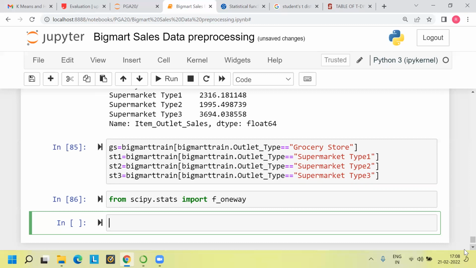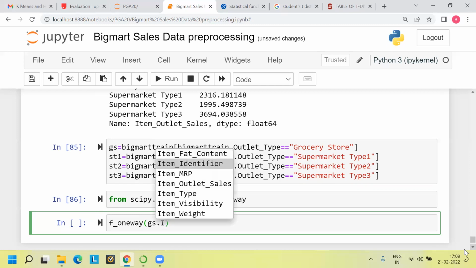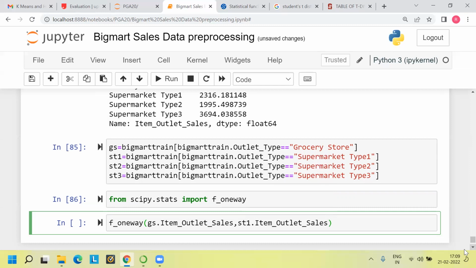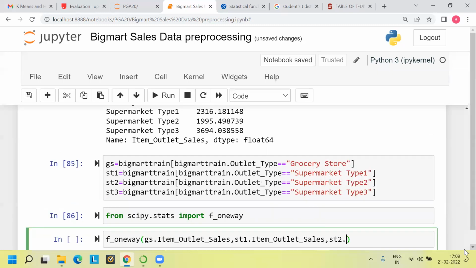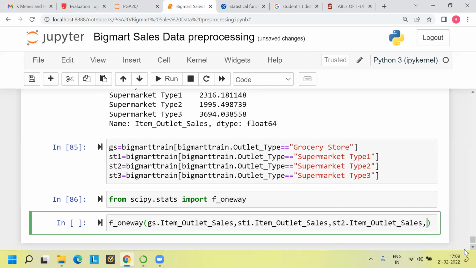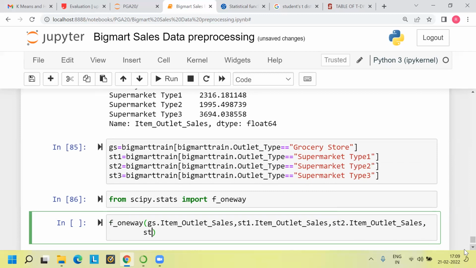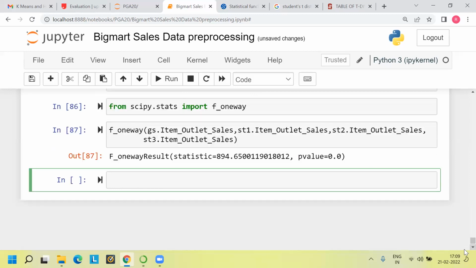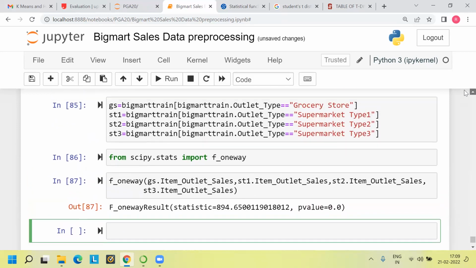F_oneway: gs.item_outlet_sales, sp1.item_outlet_sales, sp2.item_outlet_sales, sp3.item_outlet_sales. So we got p-value as